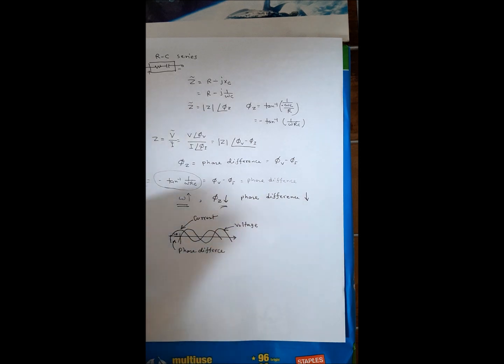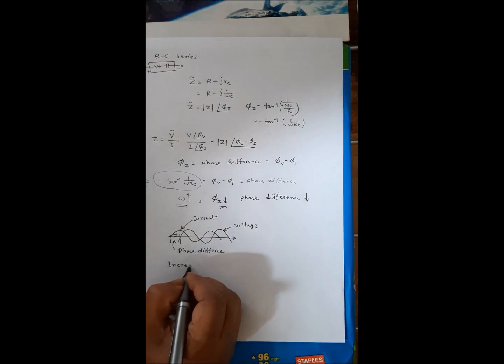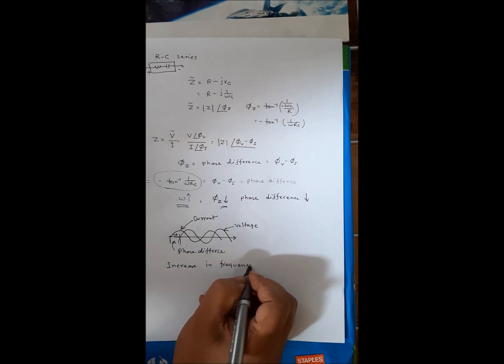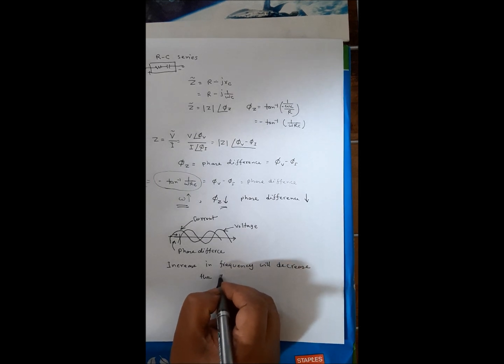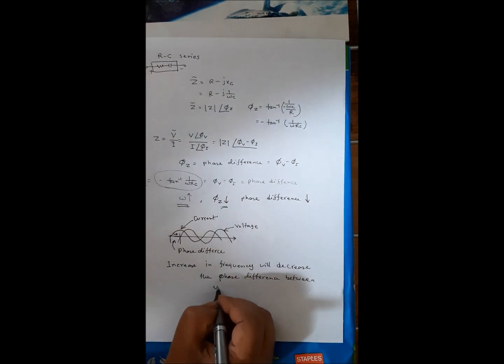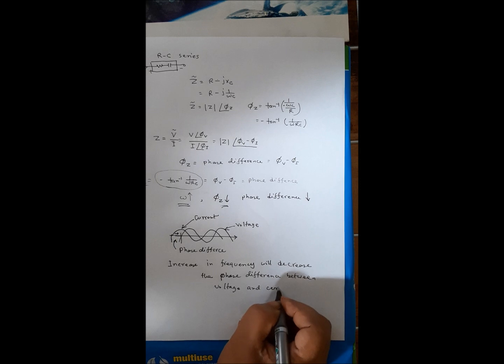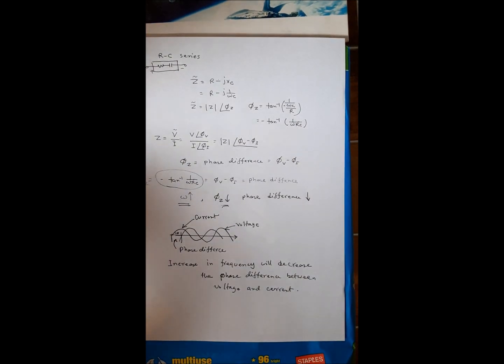So the current wave shape will move in this direction. So an increase in frequency will decrease the phase difference between voltage and current. So that is for RC series circuit. So how can I determine it is RC circuit? By observing the current. If current is leading, that is RC circuit, and we also can find if it is RC series or not. So if we increase the frequency and see the phase angle is decreasing, that is RC series. Now for RC parallel circuit,